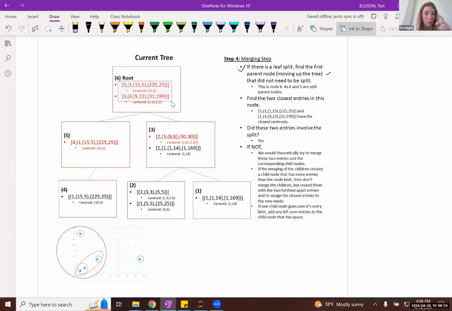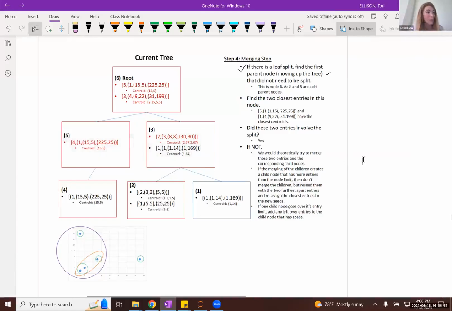Now, if you merged these two clusters, that would merge all of the child node clusters together into the same child node, okay? But that's going to lead to a problem, because then you would have a corresponding child node with 3 entries in it. That would put you over the limit for one of the child nodes.